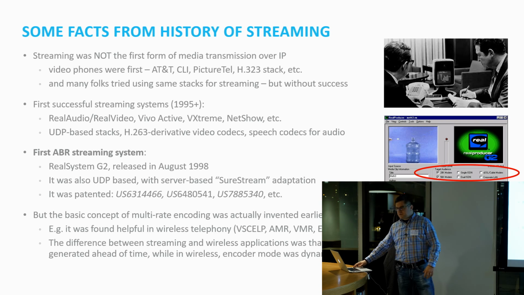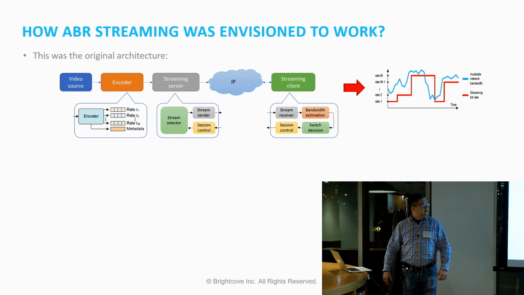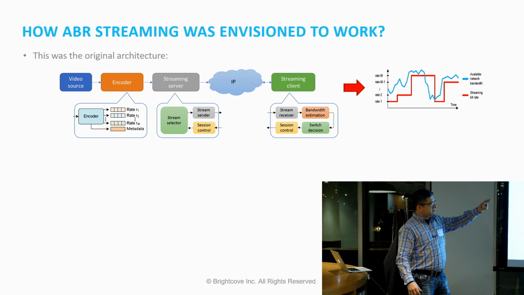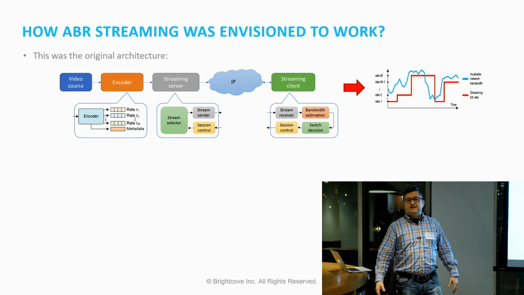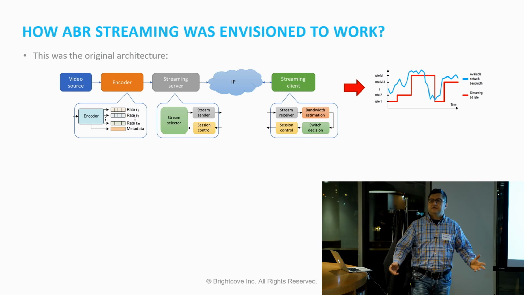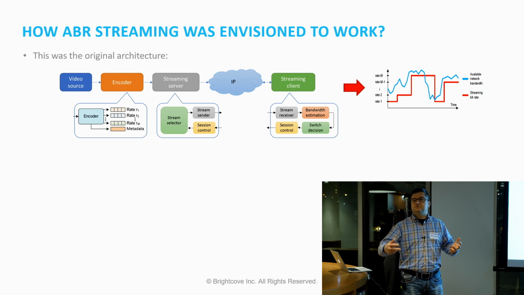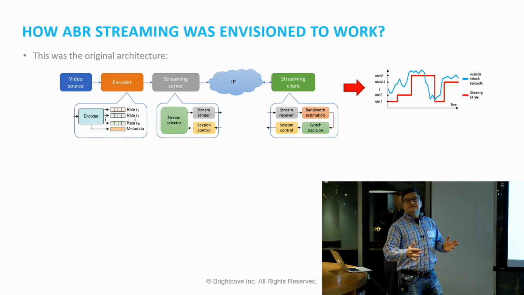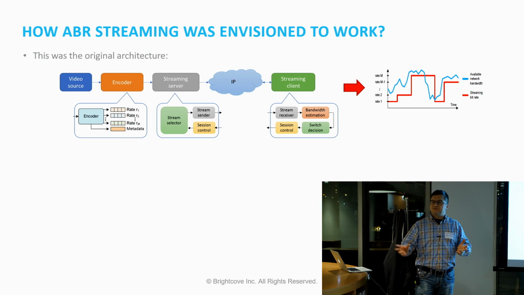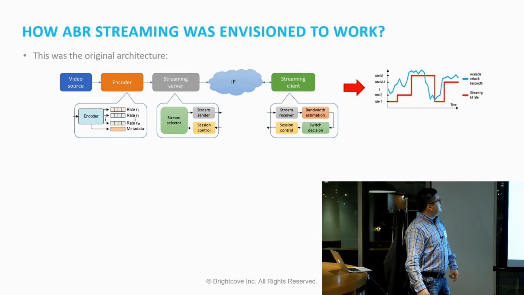And of course, why would you do the switching? Well, you do switching mostly to accommodate for changing conditions in network. If you stream over the network and all of a sudden there is a congestion somewhere, you can't maintain continuous playback. You need to do something about it. You could switch to lower bitrate stream. Hopefully that will give you enough bits and you still have bits in your buffer such that you can continuously play some content, maybe not at the same level of quality, but at least continuously. So that was the underlying idea.